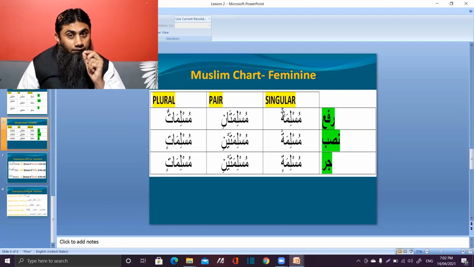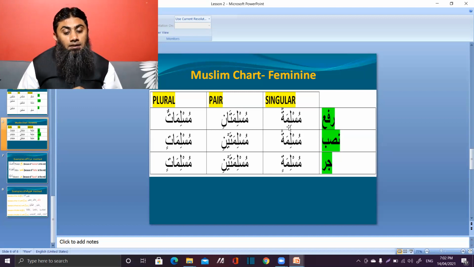So in Arabic language, remember this point. In Arabic language, this ta is called ta for feminine. This ta is telling you that this ism is feminine. So muslimatun, but still the method is the same. If it is singular, you will use the haraka method. And what is the haraka method? Look at the haraka of the last letter.